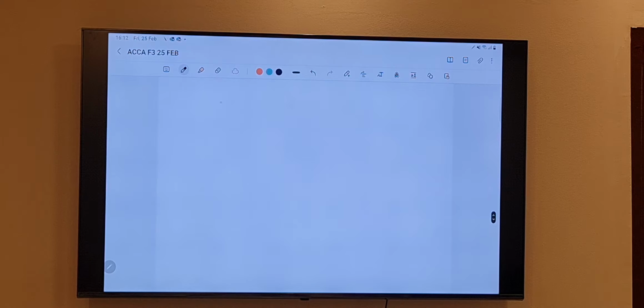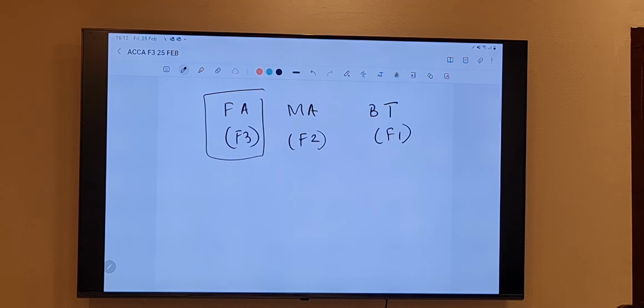So in that, we are now looking at these 3 subjects. One subject FA, in short we call it F3. This is what we will study now. Another subject MA, F2, another subject BT, F1. Today or now, inshallah, we will look into this. This is the very basic information, and a detailed discussion happened this morning. I have a recorded video. I will share it with you all, so you can go through that. And if you have any doubt or question, please ask me. You can ask me in our office time also.